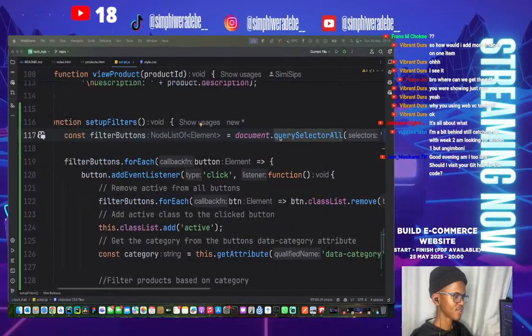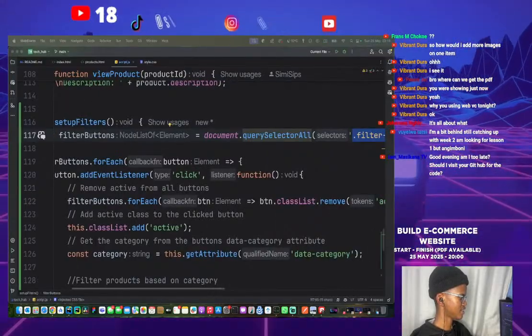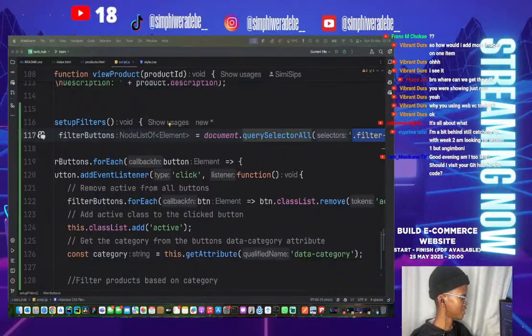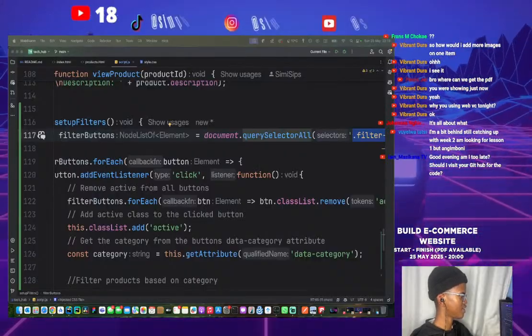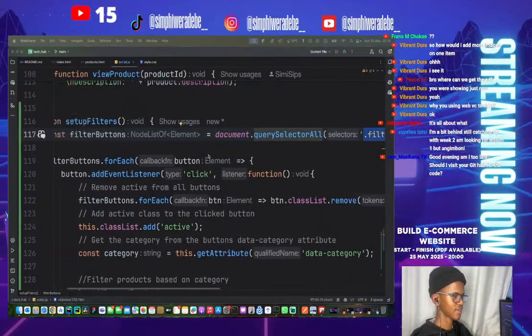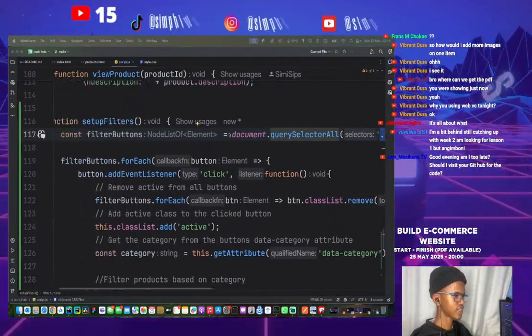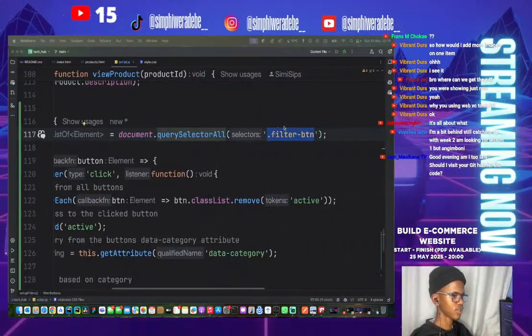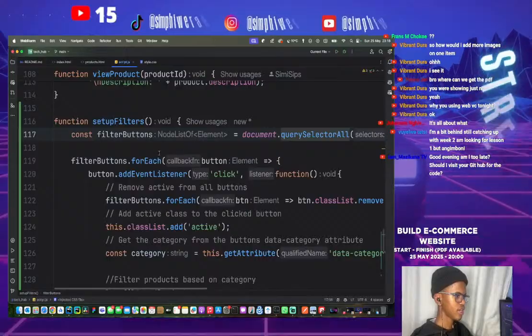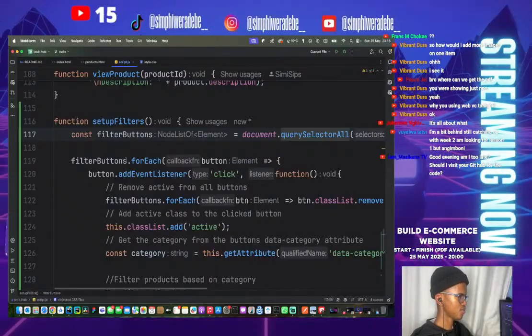Okay, so that's what the query selector does. It's quite interesting. So query selector just gets all the elements with this similar class name, and then after that we now have